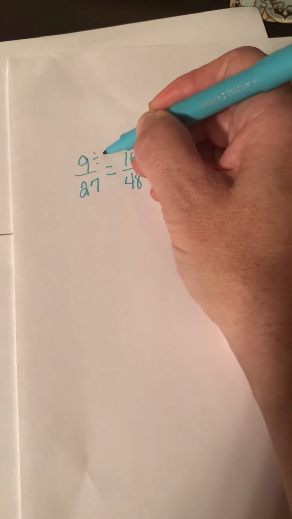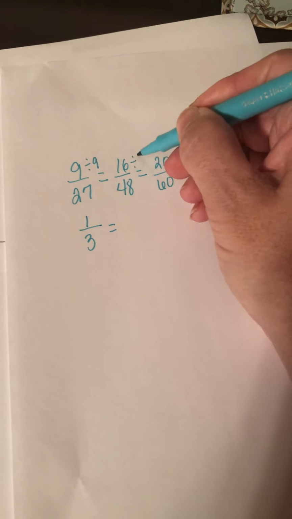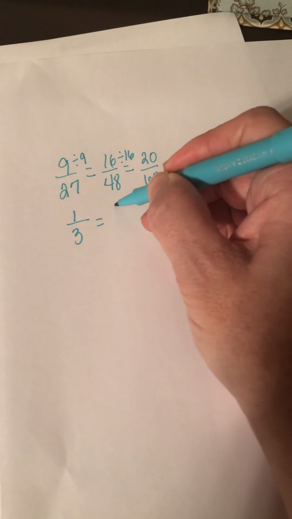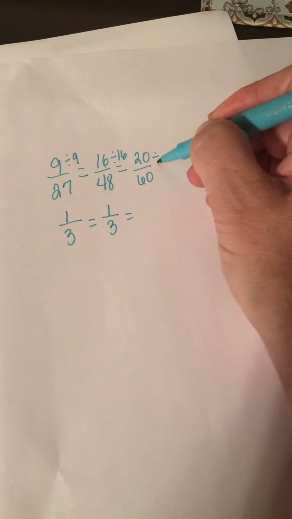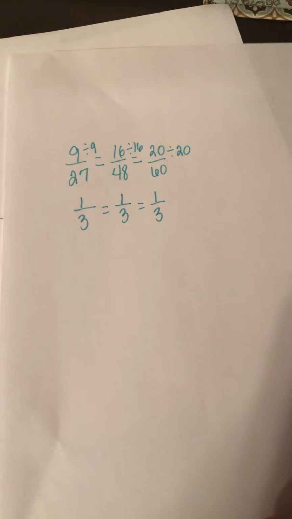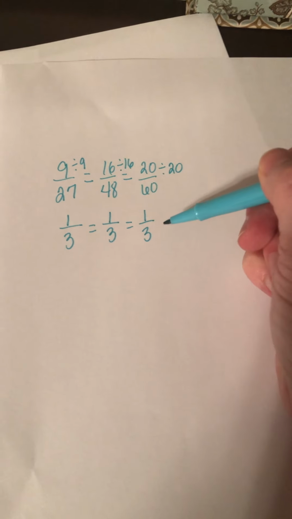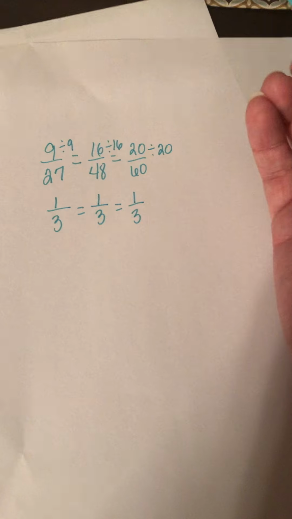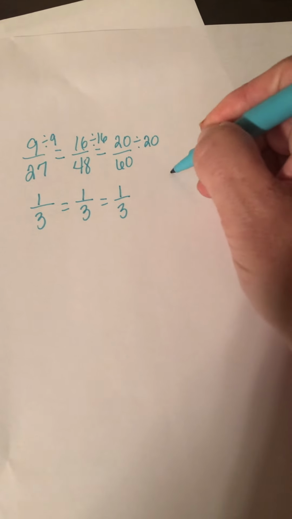Looking at this first one, I can reduce this by 9: 9 into 9 and 9 into 27. 16 48ths I can reduce by 16: 16 into 16 and 16 into 48. And then 20 over 60 I can reduce by 20: 20 into 20 and 20 into 60. Each corresponding side reduces down to the exact same scale factor, so that tells me that this is indeed a similar set of triangles. So my scale factor